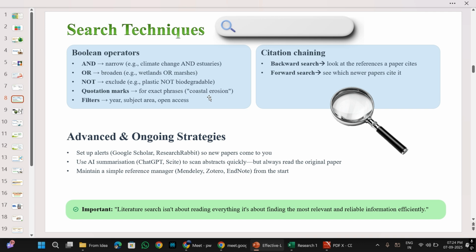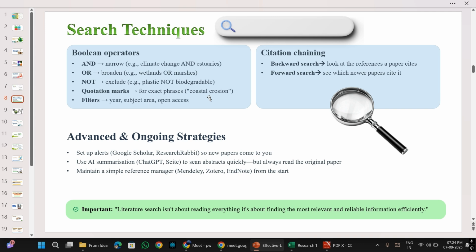And then moving ahead into citation chaining. Often what happens is that you found a very relevant paper that will remain with you until you publish your article, because in your article also you are going to cite it. So that is when you look at those articles that have been referred by this particular author, as well as check who else has cited them. So those researches which have been cited by this relevant research article, as well as those articles which have cited this article.